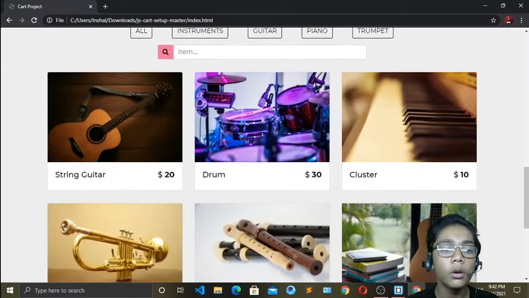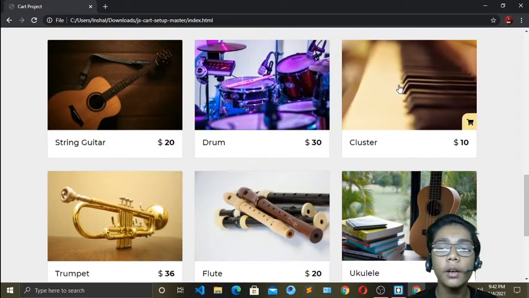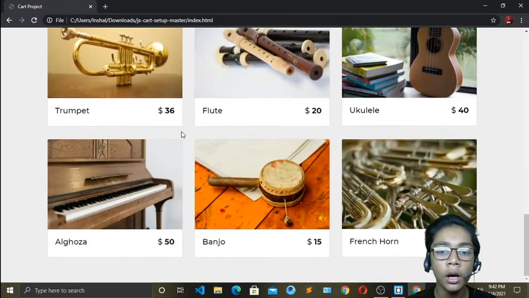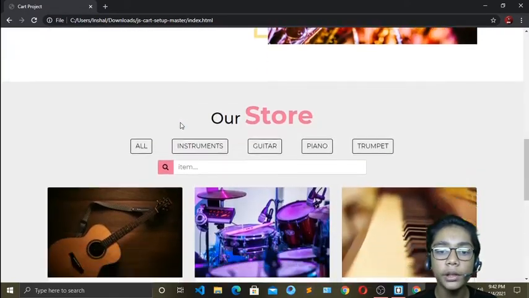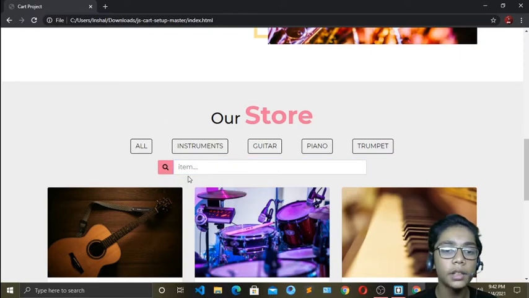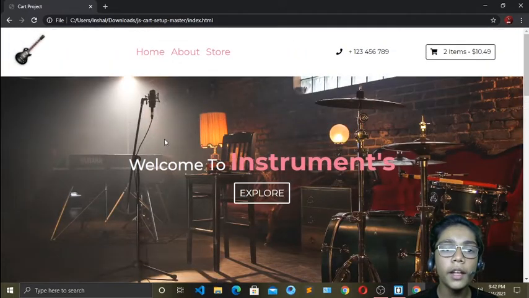Okay, so over here you can also see when I'm hovering on that, I am getting another hover effect of pop-up. Okay, so this is also coming with JavaScript. Okay, so here you can see how beautiful things you can do with JavaScript. Okay, and over here you can see this search icon, so this is also with JavaScript, and this input we have designed with CSS. So this is really easy to design, so you can also do it because you all know. Okay, so over here you can see we have successfully made our e-commerce cart project in JavaScript.